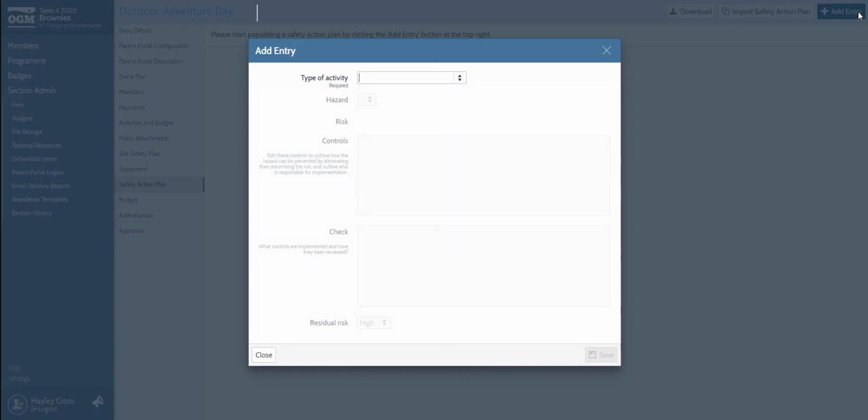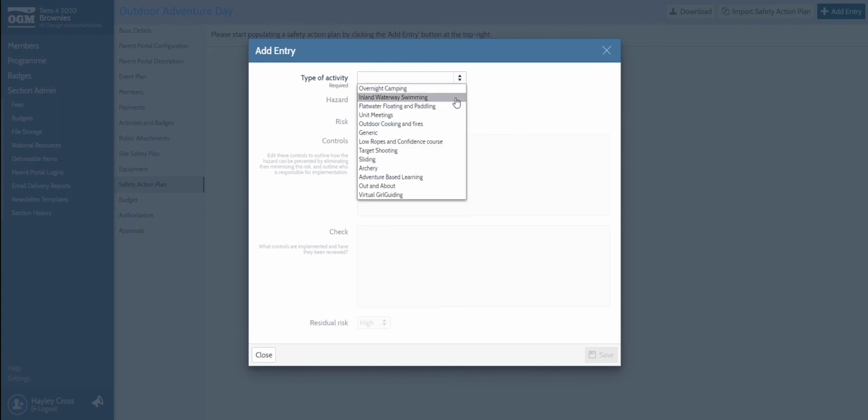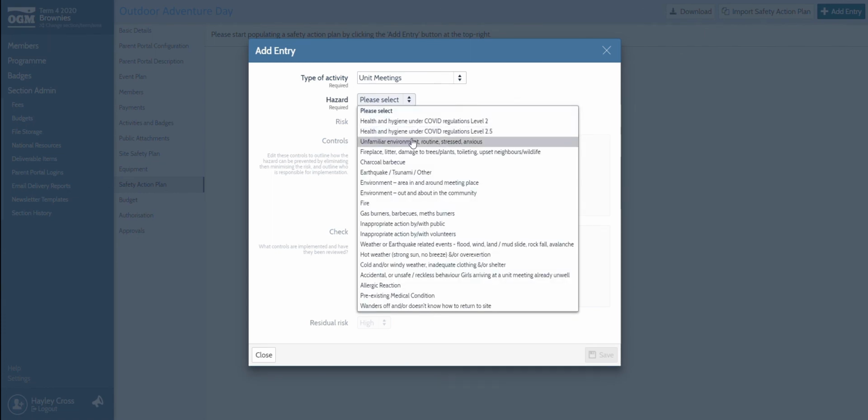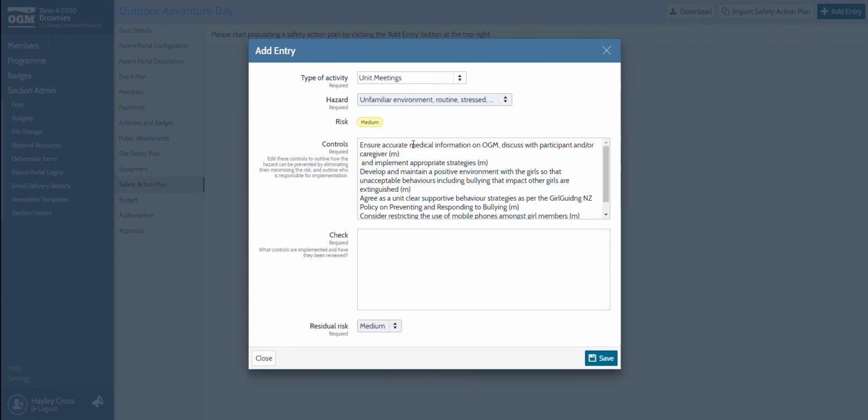Click Add Entry, choose the type of activity, and remember to add anything applicable for your event to the control section, and write in how you're going to control the potential issues in the check section.